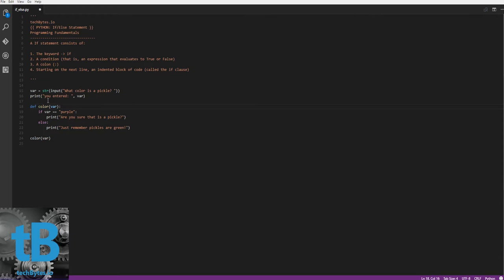We will then verify the color that the user has provided by printing it back to them in the command line with a "you entered" followed by that variable in which they entered the color that they entered. We'll then run our color program, or we have our color function written right here, which accepts that variable, and